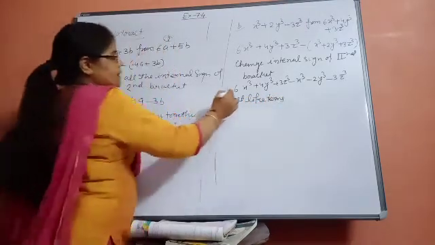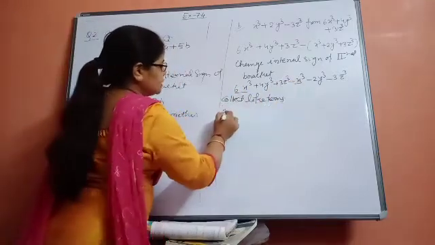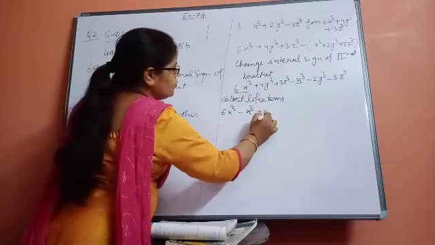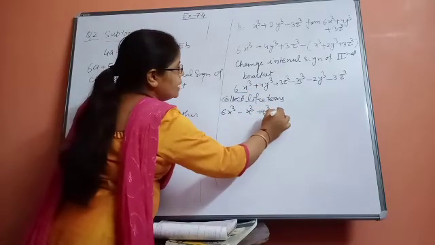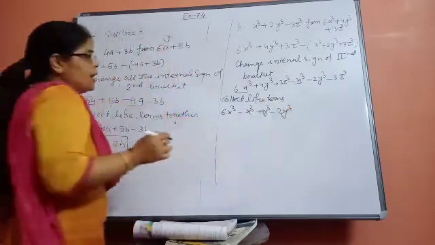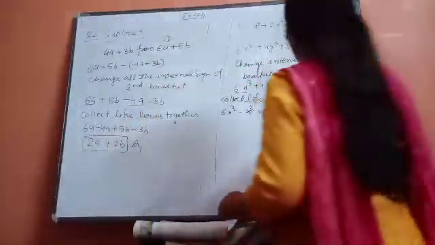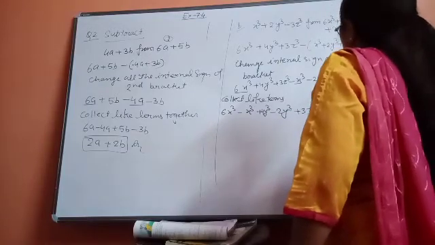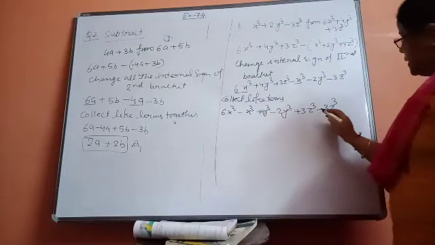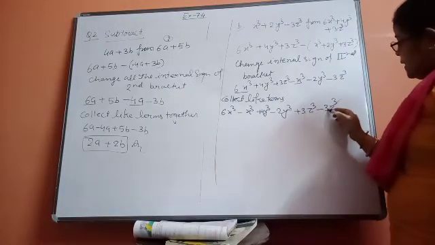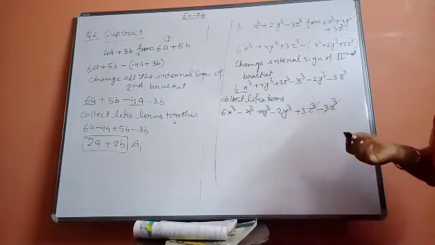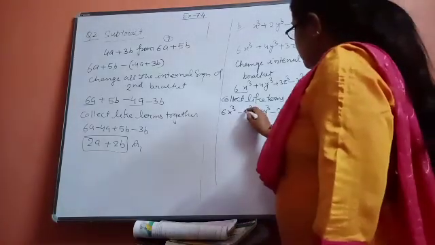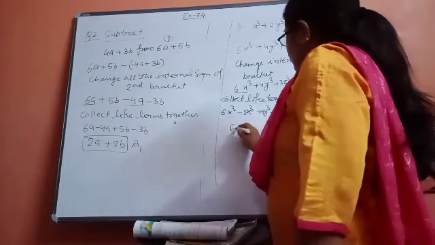So see that this and this are like terms. So 6x cube minus x cube plus 4y cube minus 2y cube. After that plus 3z cube minus 3z cube. These plus and minus, here also 3 and 3, they both will become cancelled because 3 minus 3 will become 0. Okay, now see that beta, here 1 is there, 6 minus 1, 5x cube.